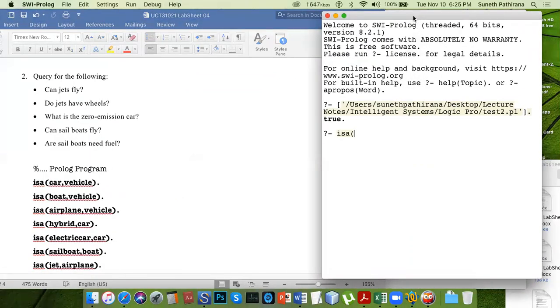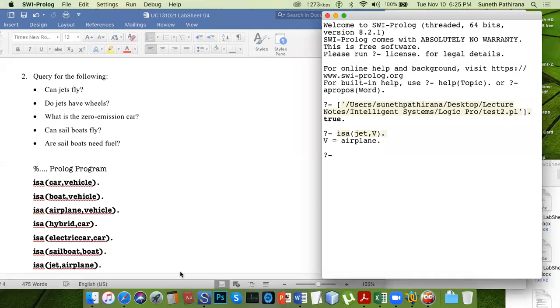First, we will examine the category and subcategory. In order to determine whether it can fly, first of all we need to find the category of the entity jet. So jet is an airplane. Then what? Can airplanes fly?